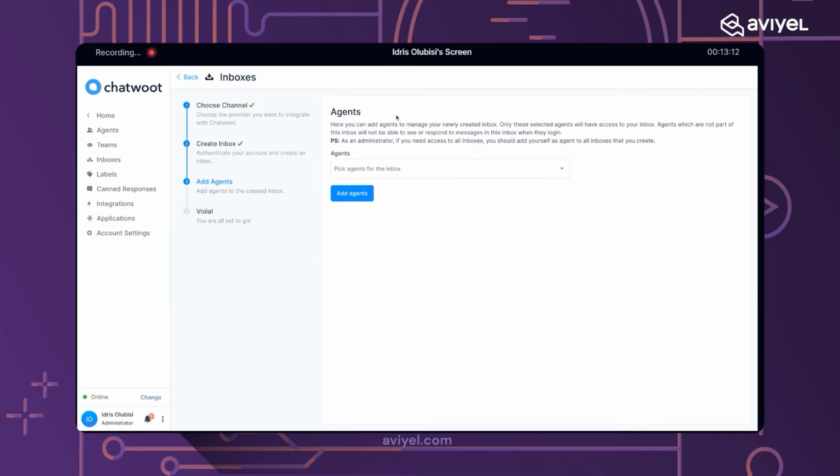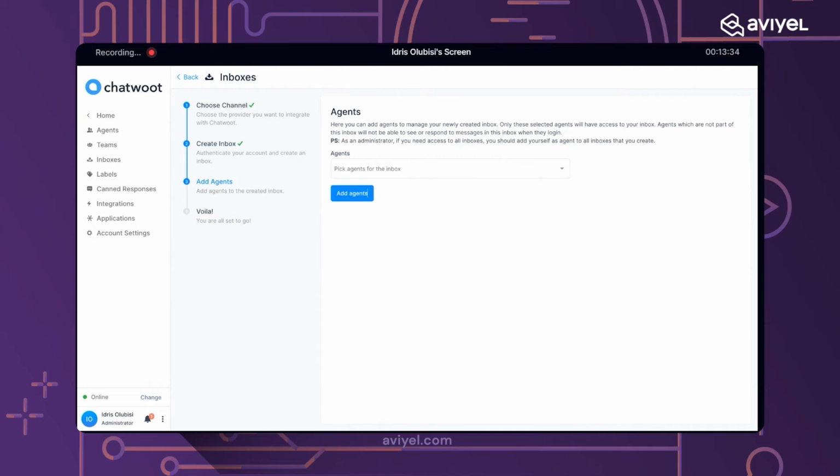This is where agent comes in. If you assign agents to this particular live chat, which is specific to the application that we just added the URL, any agent specified here will be the ones that can respond to anyone that reaches out to you directly on your application through the chat bot.